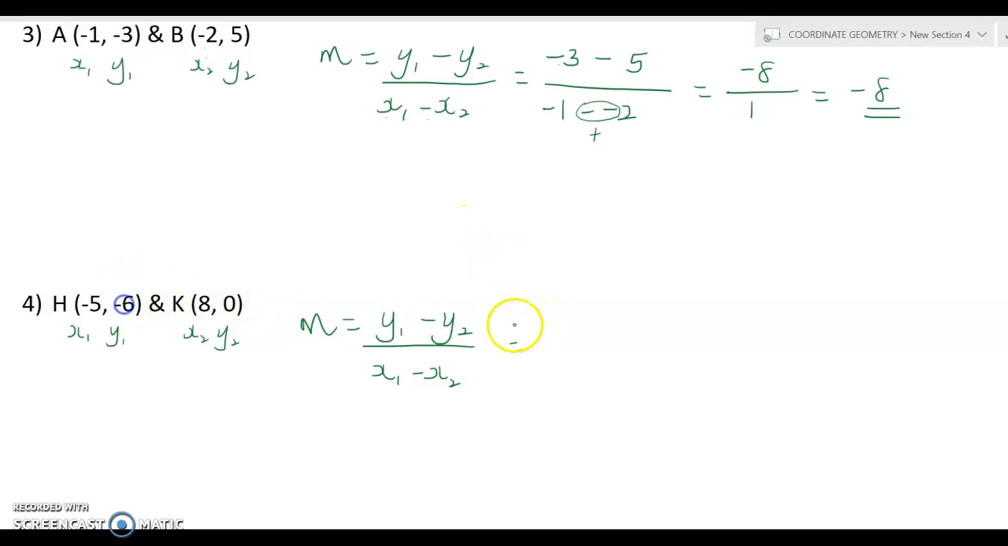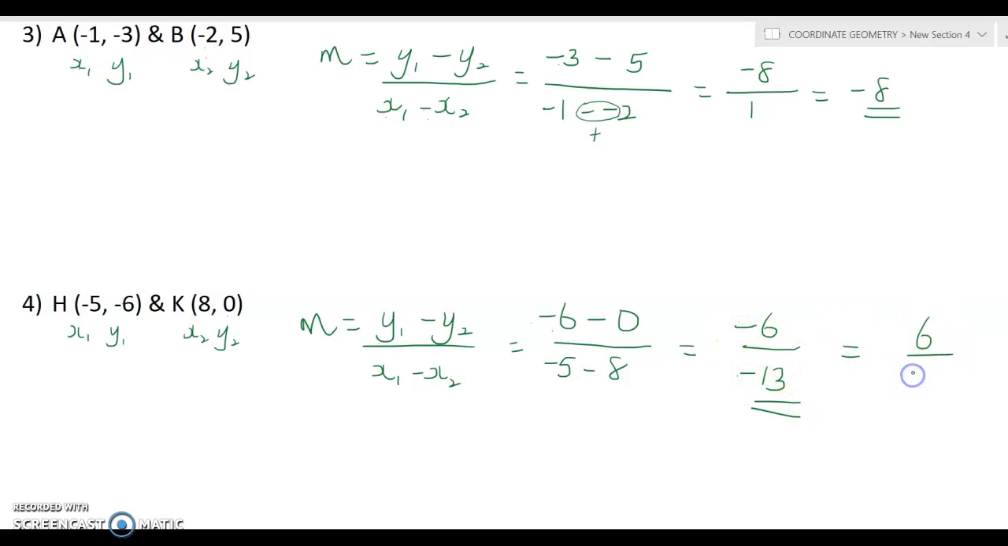Okay, so our y1 is negative 6, take away y2, which is 0, all over our x1 is negative 5, take away our x2, which is 8. So negative 6 take away 0, that's just negative 6. And then we have negative 5 take away 8, which is negative 13. And that's all. Well, negative divided by negative is positive, so it's just 6 over 13, right? And that's it, right? Again, you could try over the questions